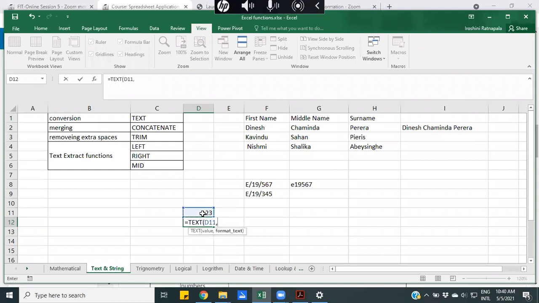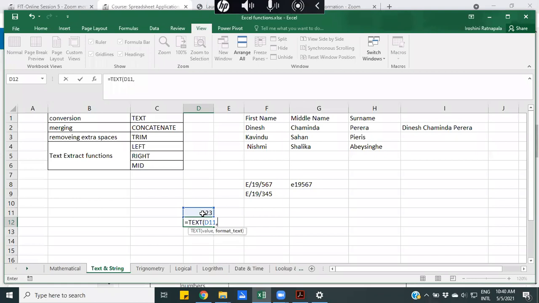If I want to add it in a different format, mostly, if I want to display, you know, a telephone number, we have some digits, but we want to display it as a text. It's not a number, right? It's a text. In that situation, we need to convert that number to a different format.